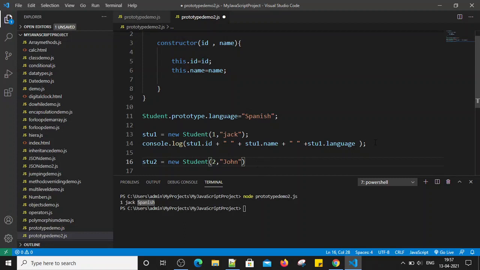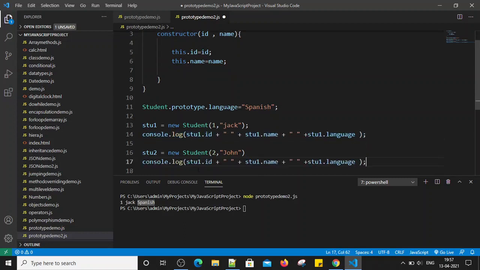And let's print the values as well. I'm just going to use console.log of stu2.id, then stu2.name, and stu2.language. The language property we have added by using prototype. So let's print that value.